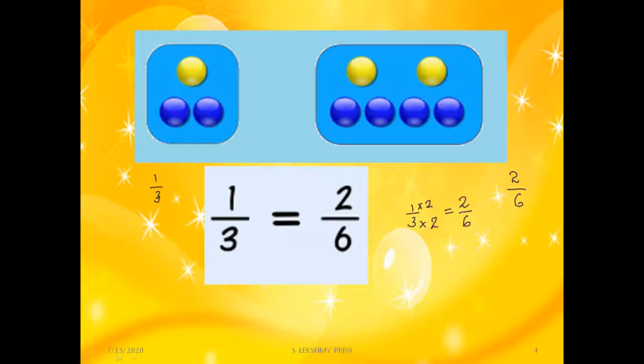We can write the same thing in another way using ratio. We have learned in the previous class that 1 by 3 you can write like 1 is to 3, 2 by 6 like 2 is to 6. We have seen these two fractions are equal. Therefore, 1 is to 3 equal to 2 is to 6. So these two ratios are equal.